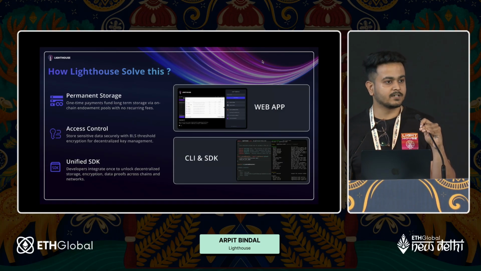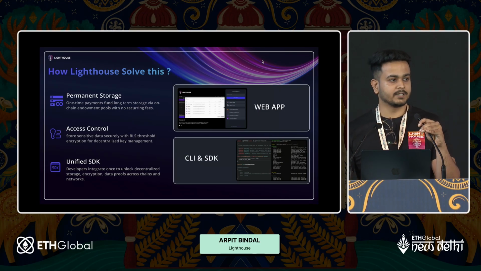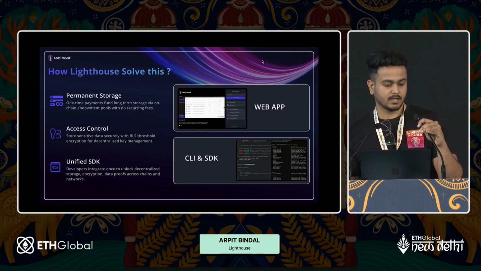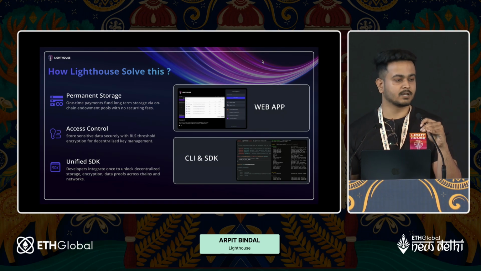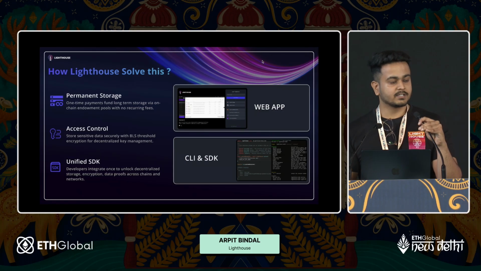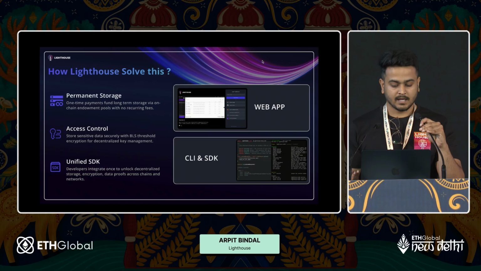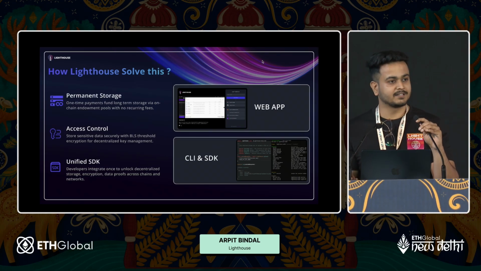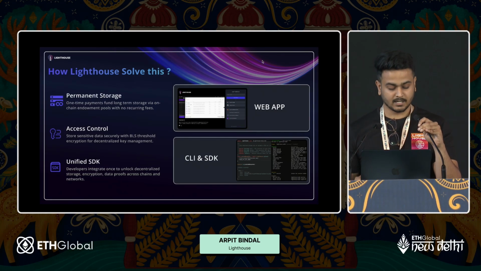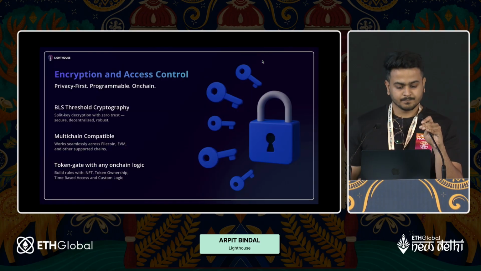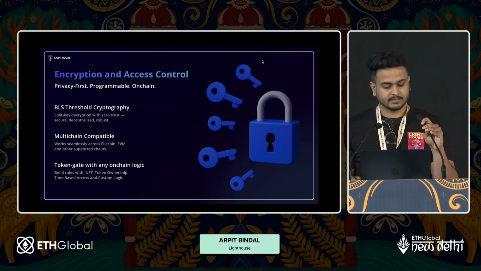Secondly, we have access control. We have developed the Kavach SDK, which provides upload and encrypt, at whose core is BLS threshold cryptography. So we can use access control, and we have one SDK which provides the upload features, token gating, which can be done with encrypt upload and retrievability as well. And the most important feature which I am excited about right now is our DataCoin feature, which is also in the SDK.